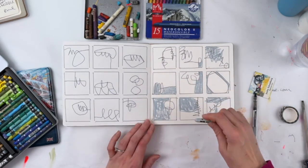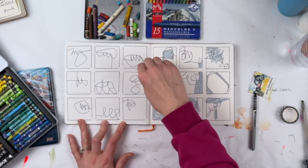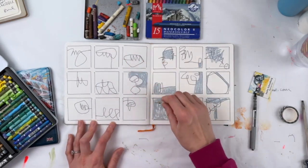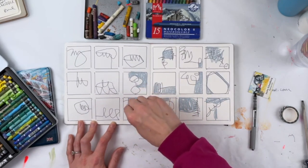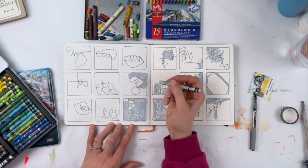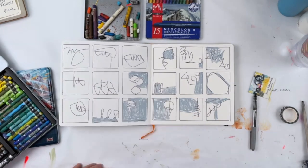So in this workshop, the goal is not to finish. The goal is to enjoy the process and kind of follow where the art takes you. So follow the shapes that feel good. Just totally rely on your intuition and trust yourself in your decisions and just go for it. That said,